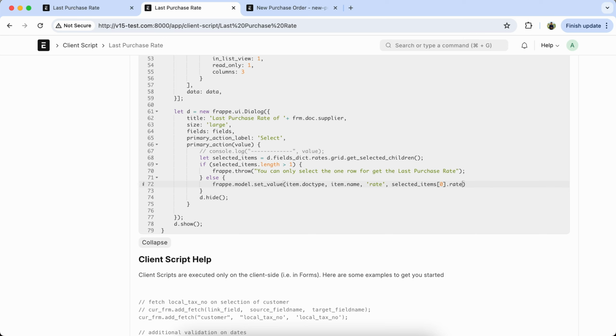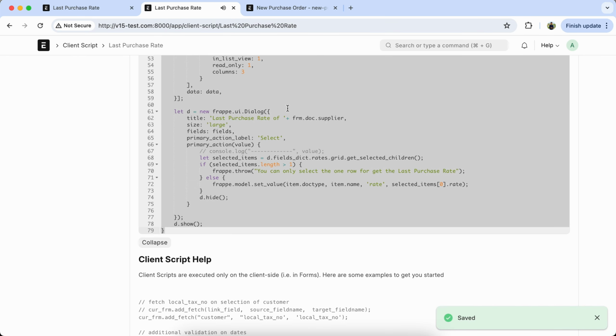So selected_item[0].rate. Save the client script,